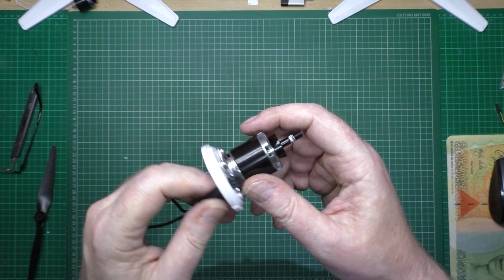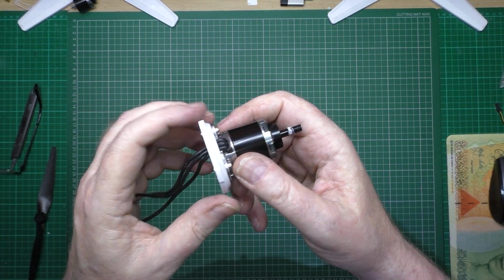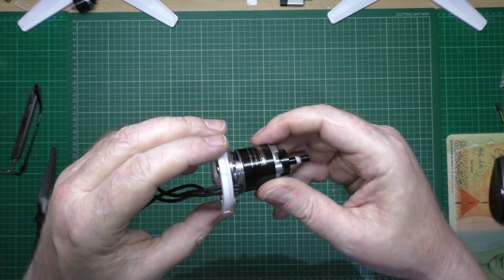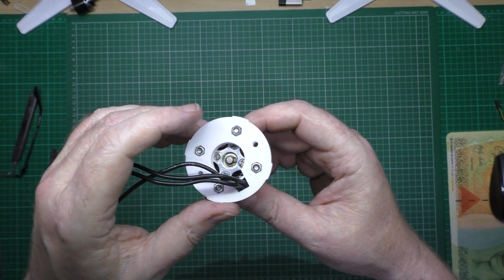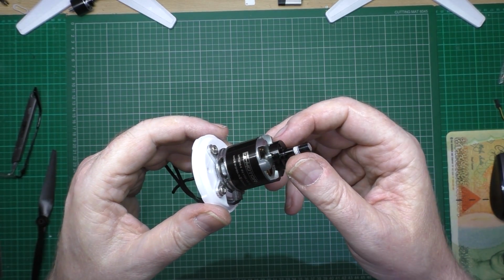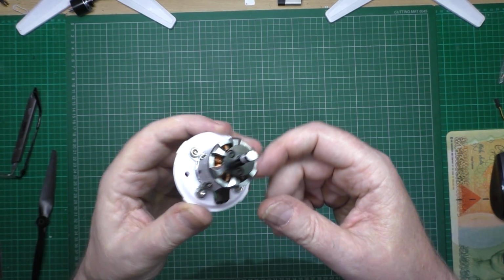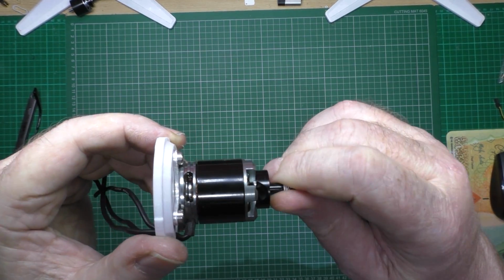I found this motor mount on Thingiverse. I've printed every single motor mount, tried every one of them, and this one is by far the best. The one I had before was completely overkill with the side rails on it and everything. And anyway, so this is the motor